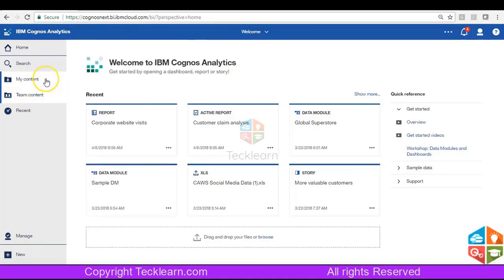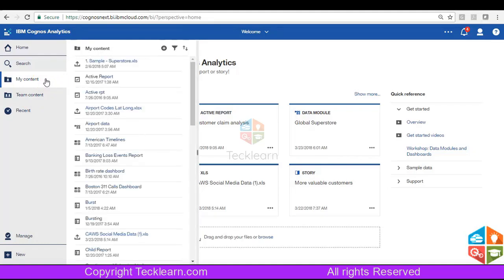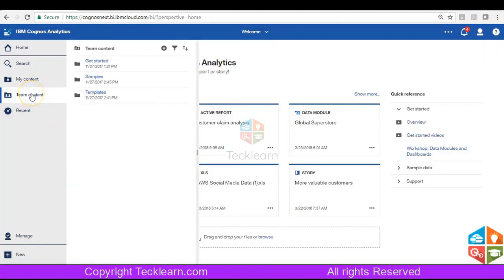And my content is similar to our my folders, where we would be able to store our own files and folders. My content is visible only to the user who logs in, and team content is visible to everyone who is connected to that particular server and has the corresponding permissions.